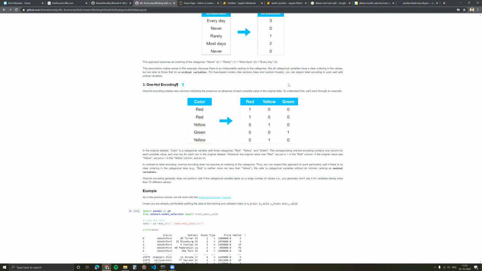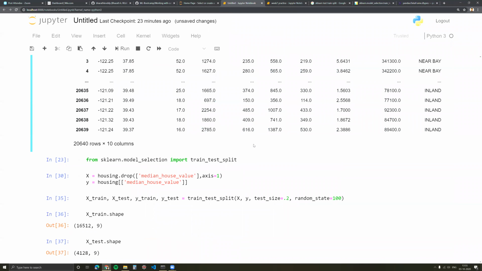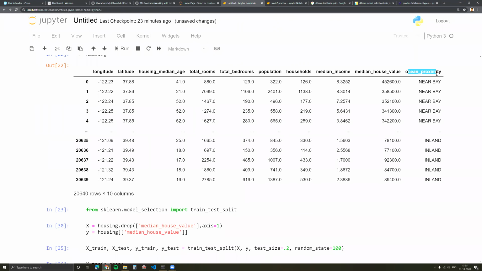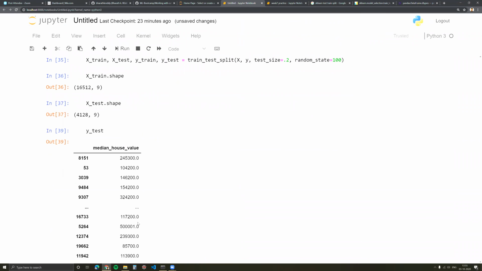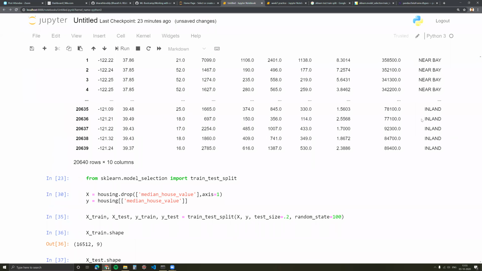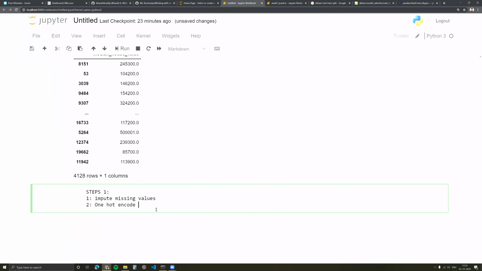So this is how one hot encoding would work. However, to do these, we need to do this step only on this column, the categorical column, and this step on the numeric columns. But there is again one more problem.